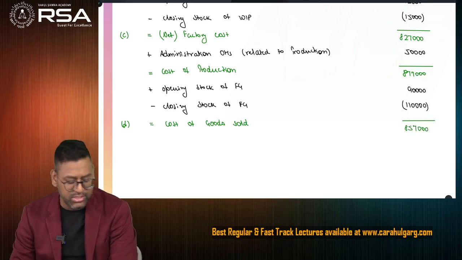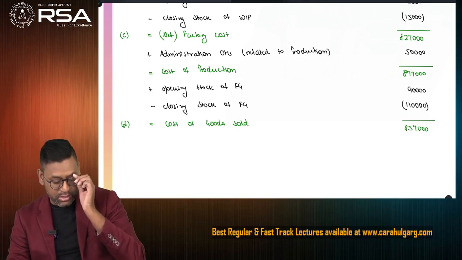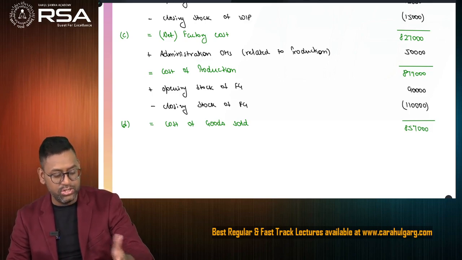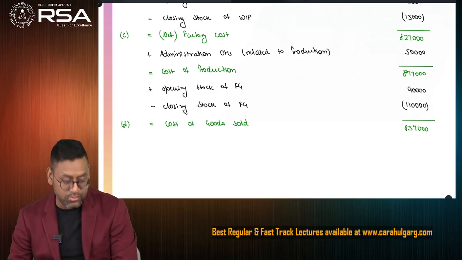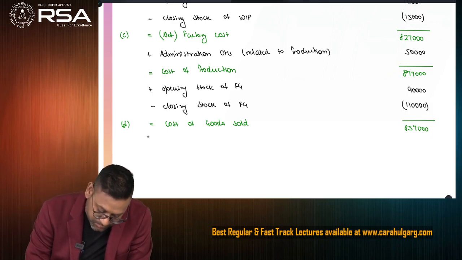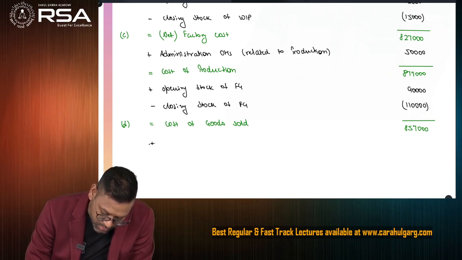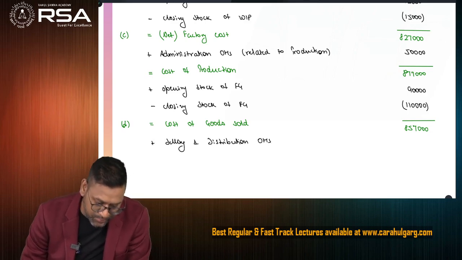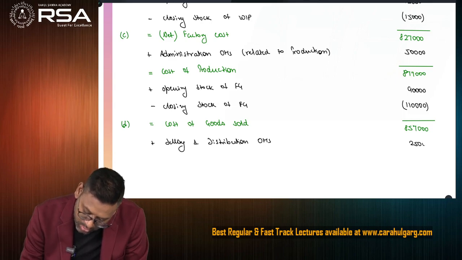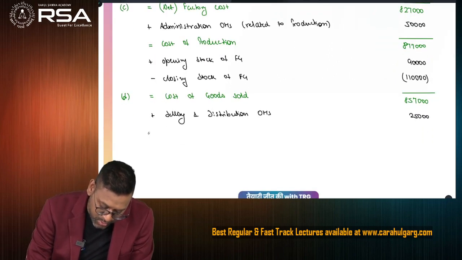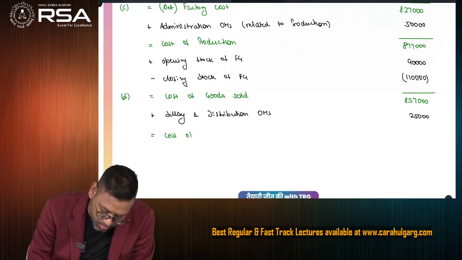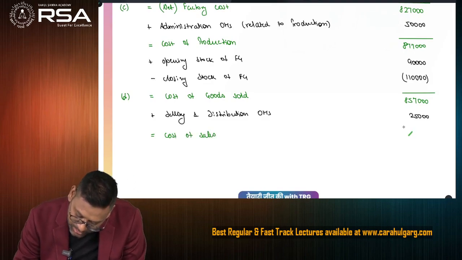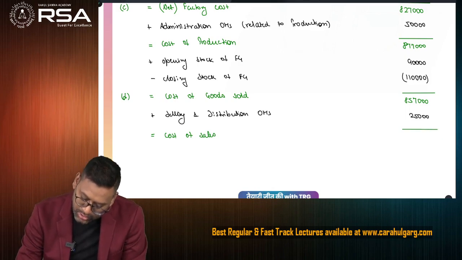you get 8,57,000. After this, there are two points: administration overheads of general nature and selling and distribution overhead. But in the question, there is no admin overhead of general nature. So there is only selling and distribution overheads, plus selling and distribution overheads of rupee 25,000. As you add it up, you get the cost of sales: 857 plus 25 gives us